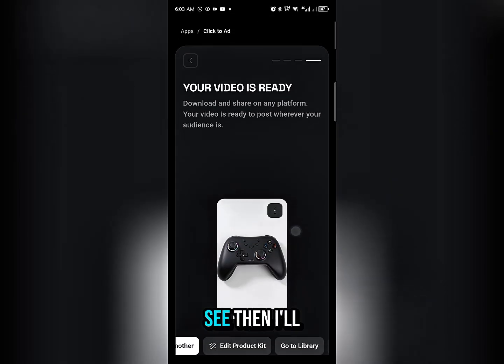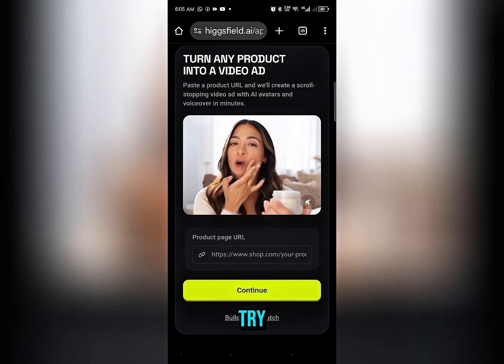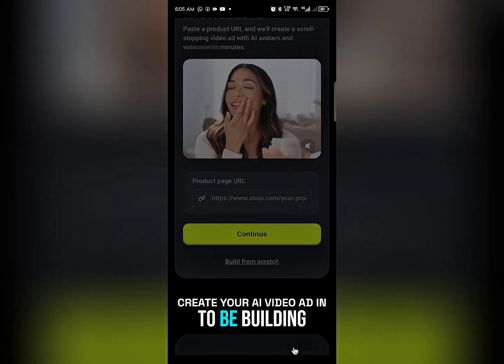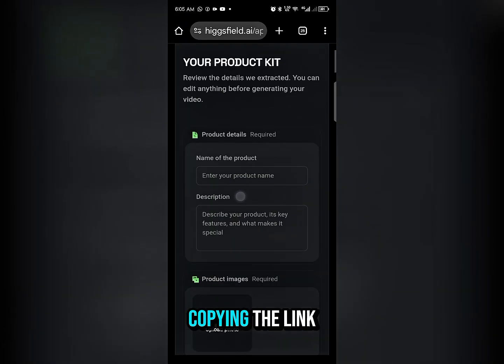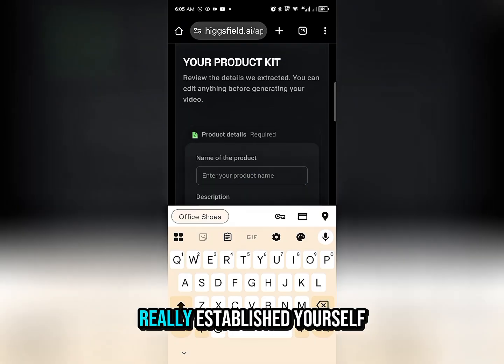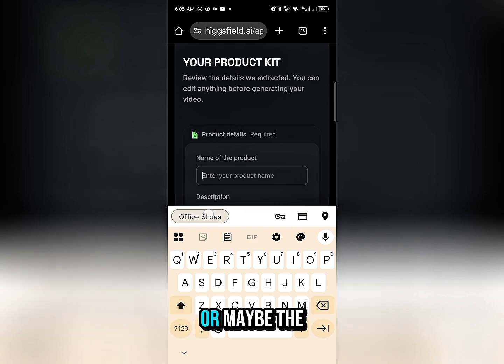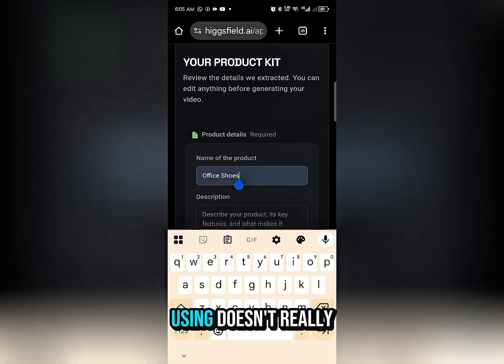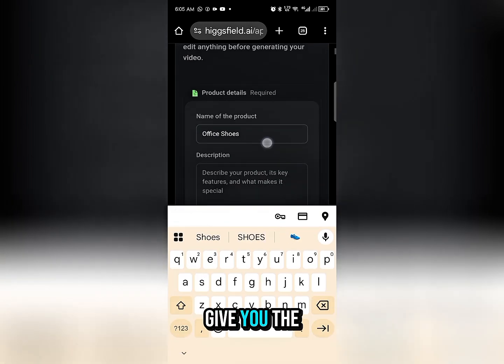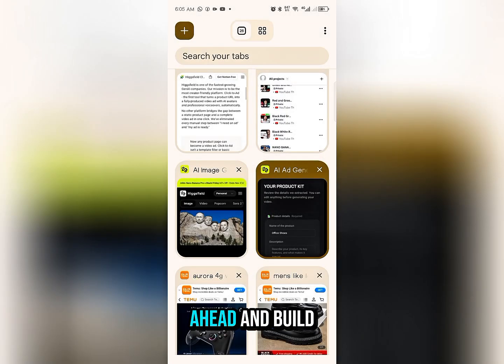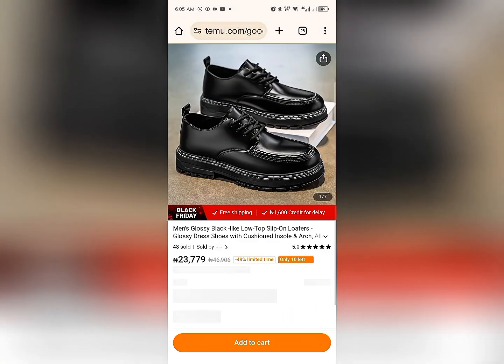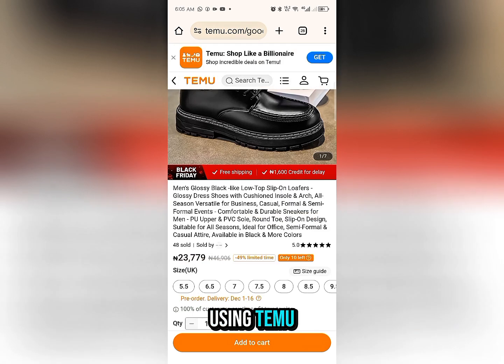Then I'll try another sample again, and I'm going to be building this one from scratch instead of just copying the link. So in case you have not really established yourself as a brand, or maybe the link you are using doesn't really give you the result you want, you can go ahead and build it for yourself. And I'm still going to be using Temu, but this is another product. It's a nice shoe,